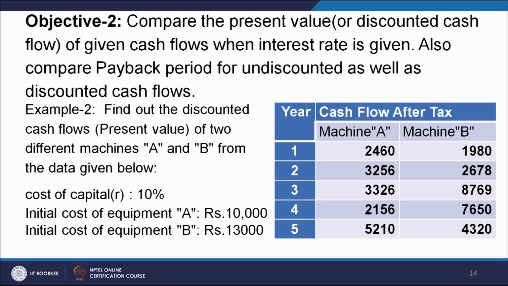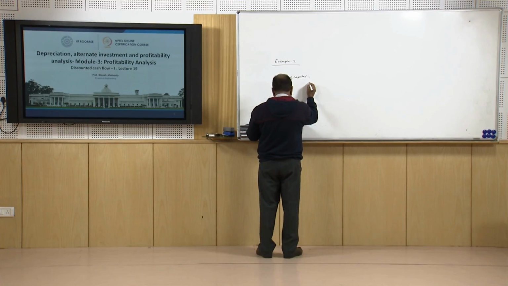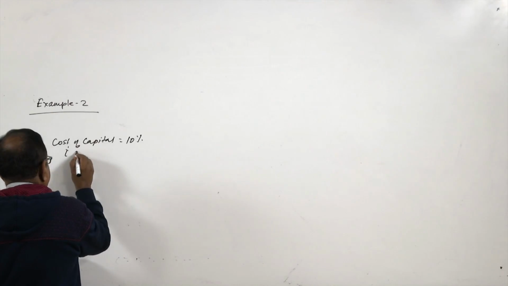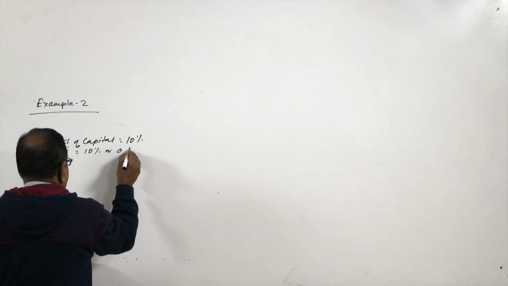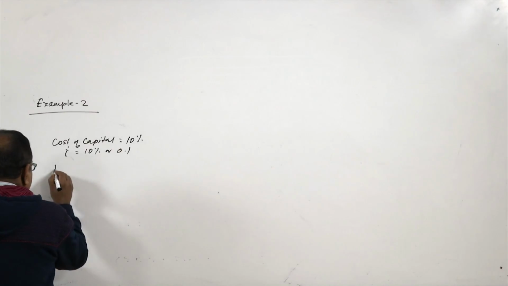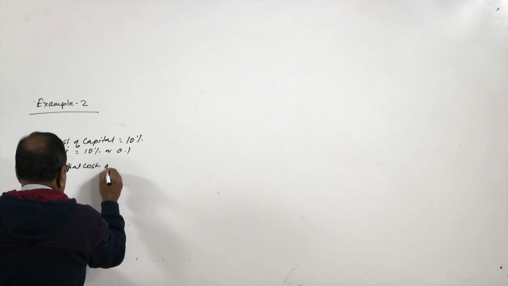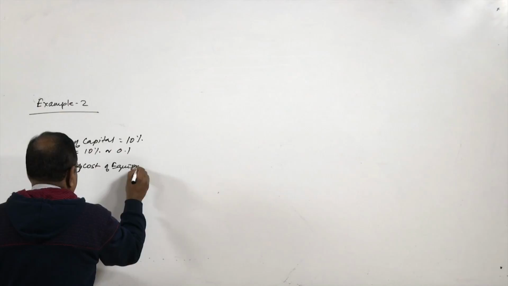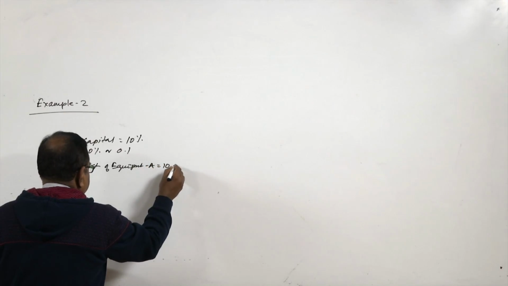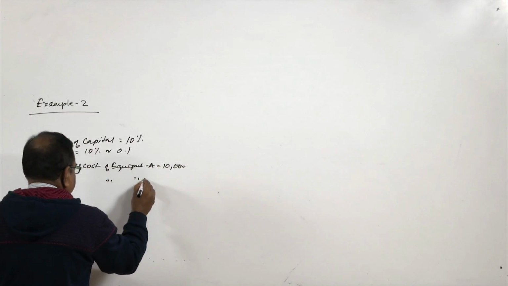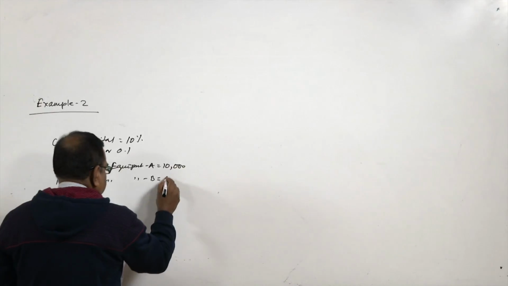Now the cost of capital is 10%, that means I is 10% or 0.1 in fraction. Initial cost of equipment A is equal to 10,000. Initial cost of equipment B is equal to 13,000,